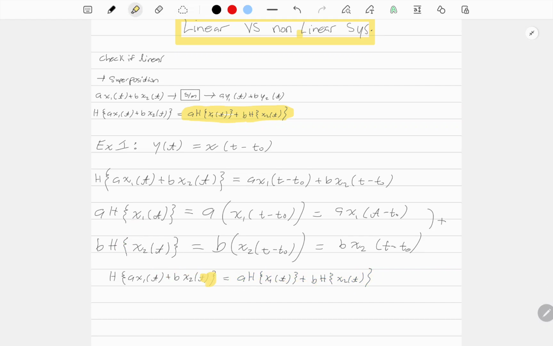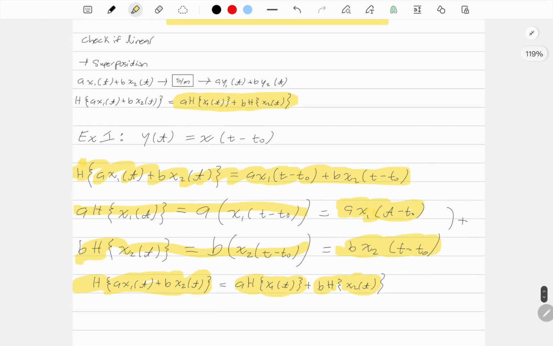This was the left hand side, and we applied it over here, and we got this. And then we applied the right hand side here, and we got this after applying it. And we applied the right hand side over here, and we got this as a result from applying the system